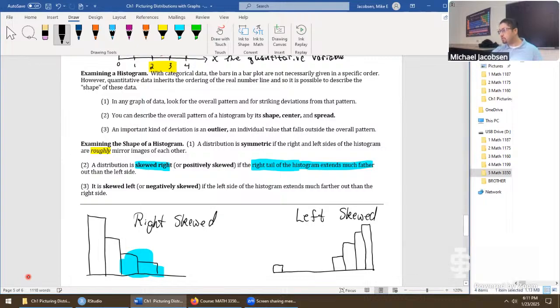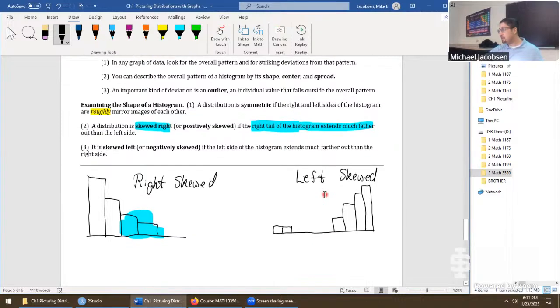Aside from being just left skewed, we could have some trailing out observations on the very far left. At this point, we might be looking at outliers right here. And in chapter 2, we'll give a rule of thumb for when things are considered an outlier and when they're not. But what makes this set left skewed is that the left side of the histogram extends much further out than the right side. We're looking at these trailing observations. And now we have that left skewed pattern. Moreover, these could be considered suspected outliers.